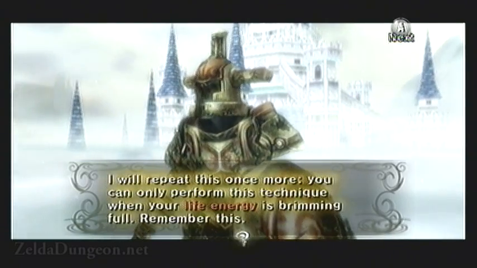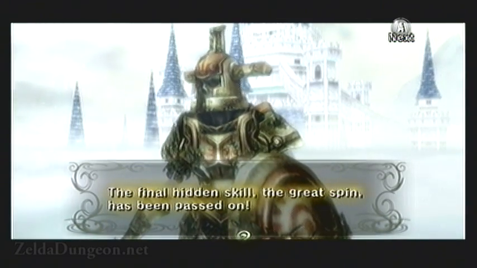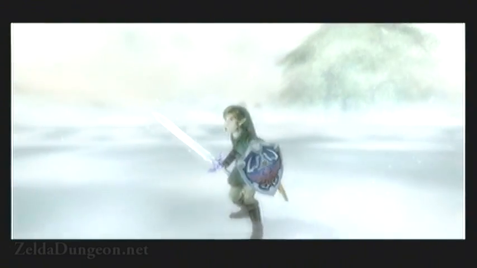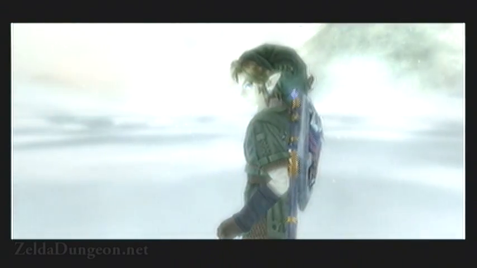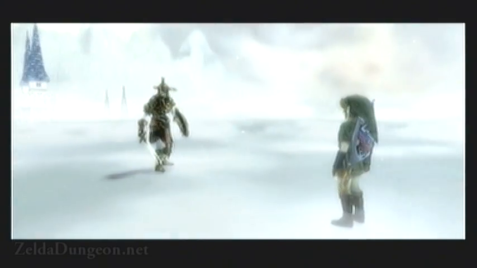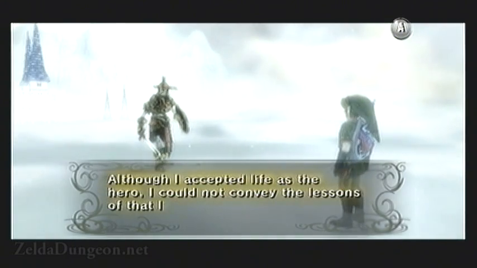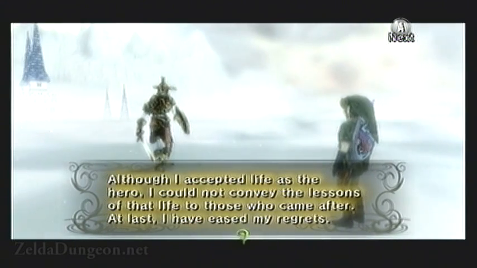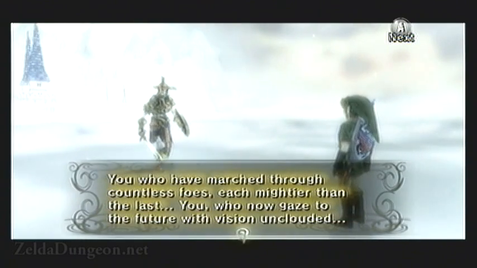Congratulations, you now have all of the hidden skills in the game, and with that, the Hero Shade will then mention that he has now passed down all of his knowledge, and he can finally rest peacefully. He makes an interesting comment at the end, calling Link his son. This may just be a teacher-student comment, or he could literally mean that, since earlier on he mentioned that these techniques were only possible for the people that were in the bloodline, meaning that the Hero Shade is an ancestor of Link. With that, we will then appear back outside of the entrance to Hyrule Castle,